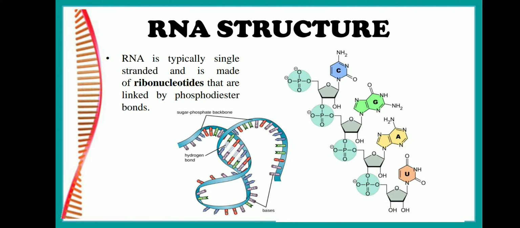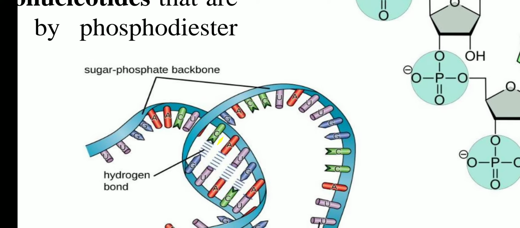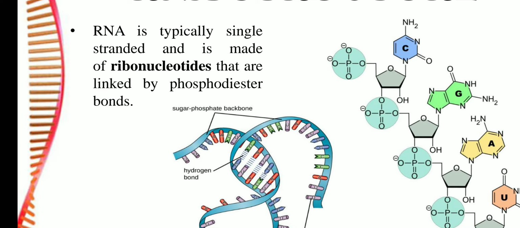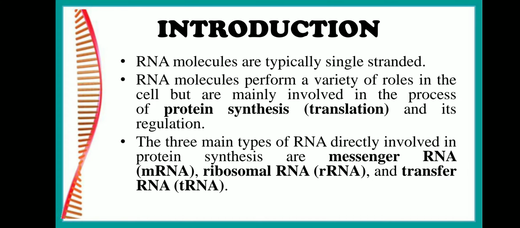In regions where purine pyrimidine pairing takes place, there the adenine always pairs with uracil and guanine always pairs with cytosine. So you can see here adenine always pairs with uracil and guanine always pairs with cytosine. Now, in addition to these four nitrogenous bases, there are unusual nitrogenous bases also in RNA molecule like dihydrouridine, pseudouridine, which is usually found in the tRNA.